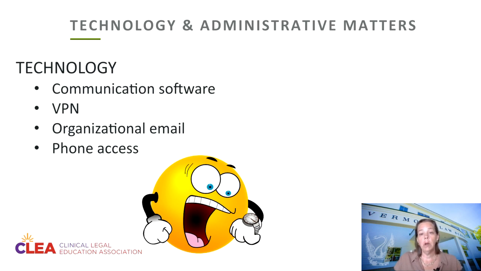Does your office require a virtual private network or VPN and/or a cloud data system? If so, make sure your IT folks are aware you have an extern about to start, so they'll be ready to help your students set it up. Will students have an organizational email address? If so, let the proper people know. And maybe ask the student about their preferred name, if that might play a role. For instance, I know I really appreciate that my current employer has my email reflect my preference to be called Beth instead of Elizabeth.